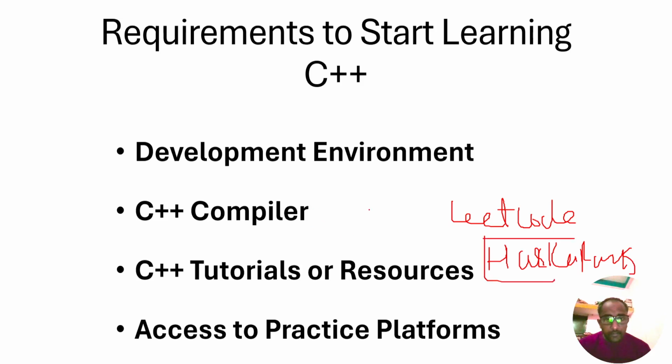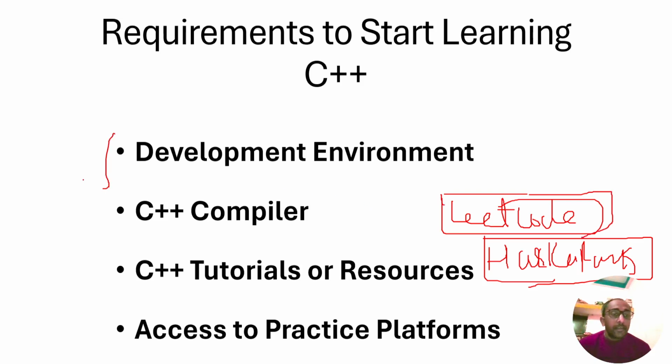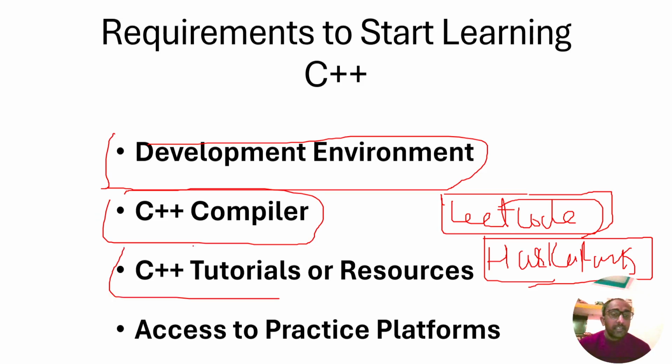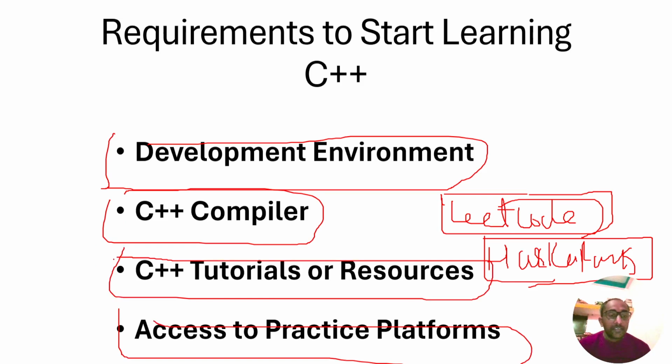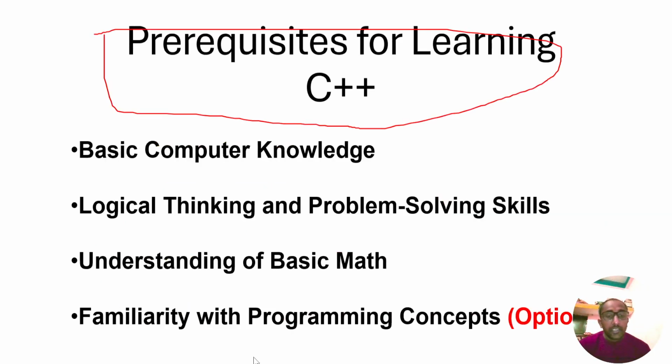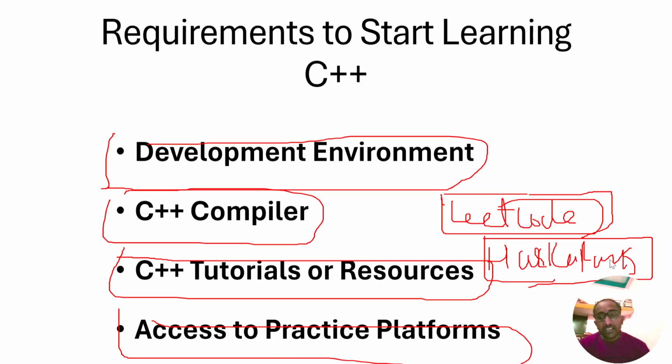HackerRank. You can practice on these platforms, and you can access them and log in with your email IDs, and practice here. Because if you don't practice you can't learn. Practice makes a coder perfect. When you practice, you will be perfect. When you don't practice, it is very difficult to learn and understand. You can't learn from anywhere.